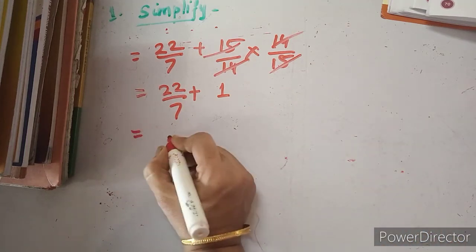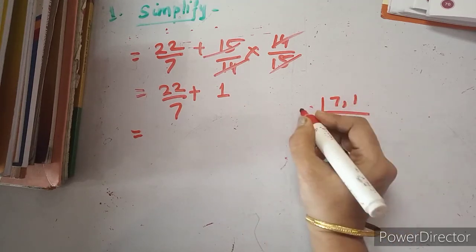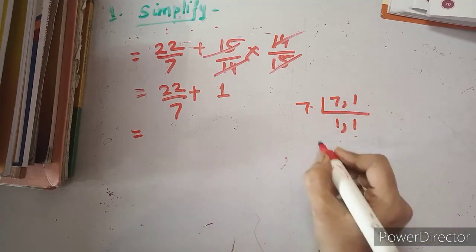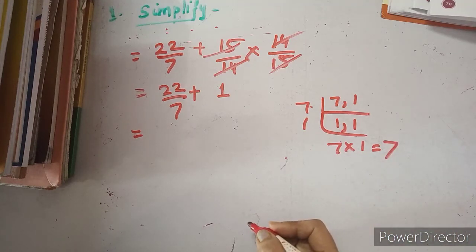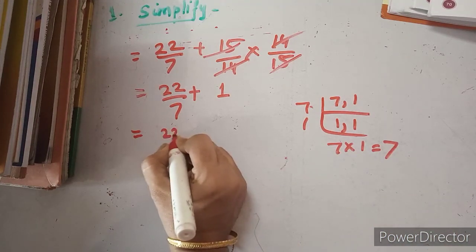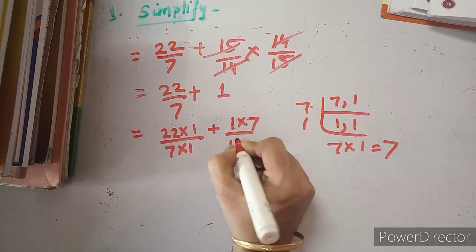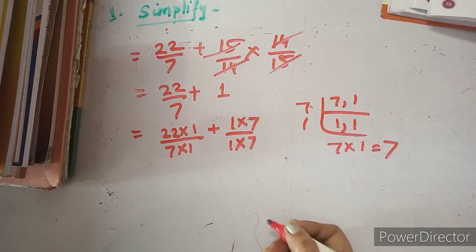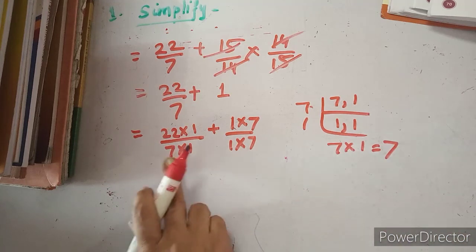Okay, so let us go for again the LCM between 7 and 1. So you have here 7 multiplied by 1 is equal to 7 as the LCM. So here you have like this, and here you have this thing. Okay, 1 means, I have already told you, 1 means 1 upon 1, isn't it? Any whole number written like this means it is a fractional number as well, that is the denominator is always your 1.